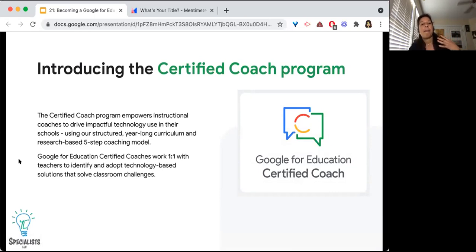Okay. The whole premise here is that the coaches work one-on-one with teachers to identify and adopt technology-based solutions that solve classroom challenges. Now, these are classroom challenges that